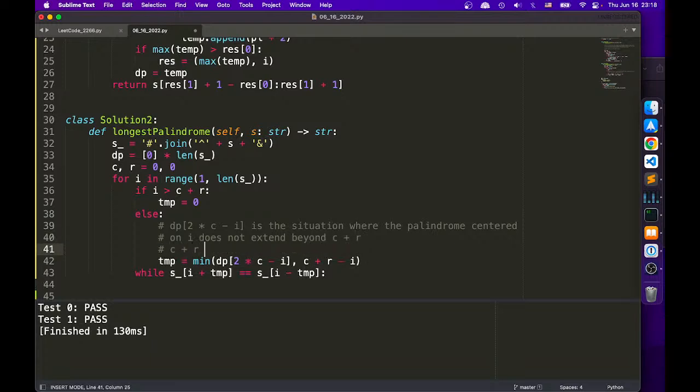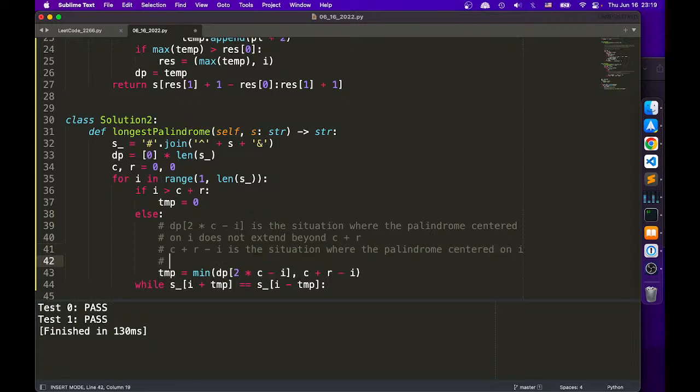C plus r minus i is the situation where the palindrome centered on i extends beyond c plus r. If it extends beyond, then